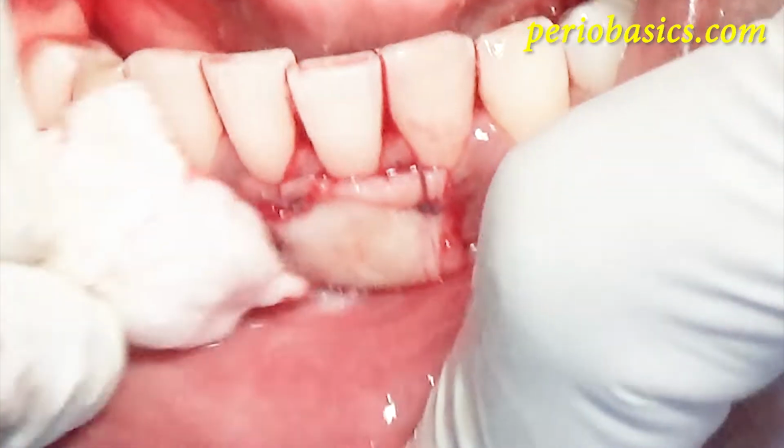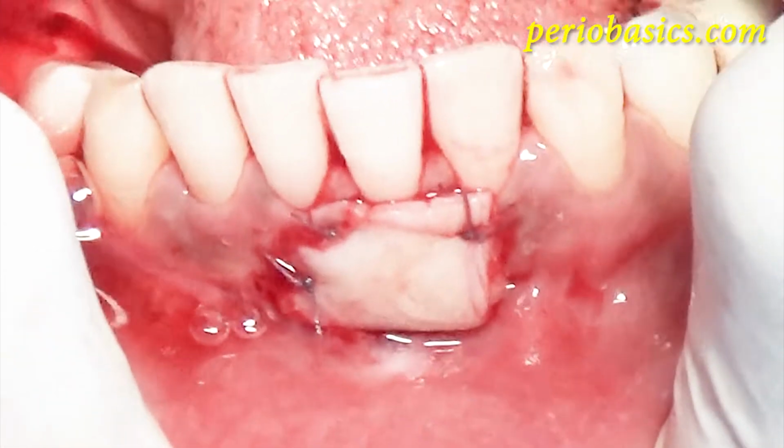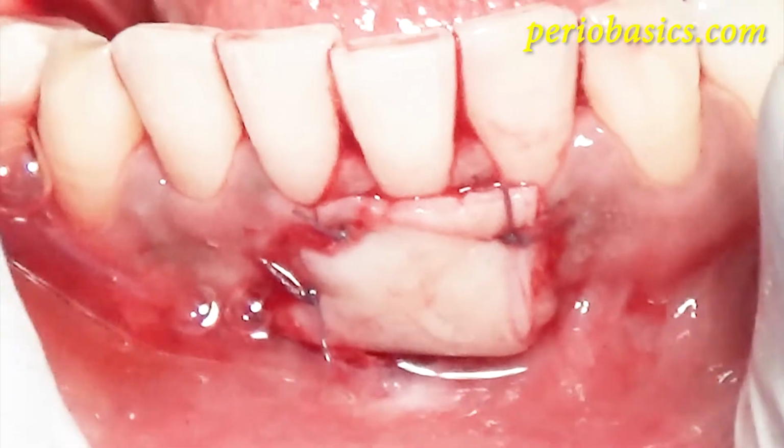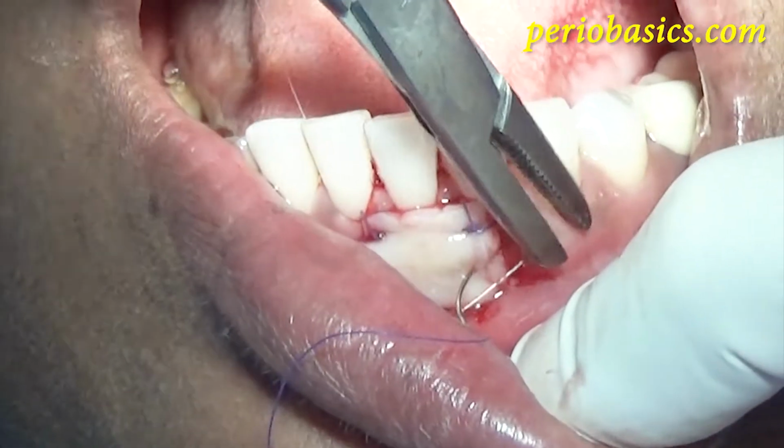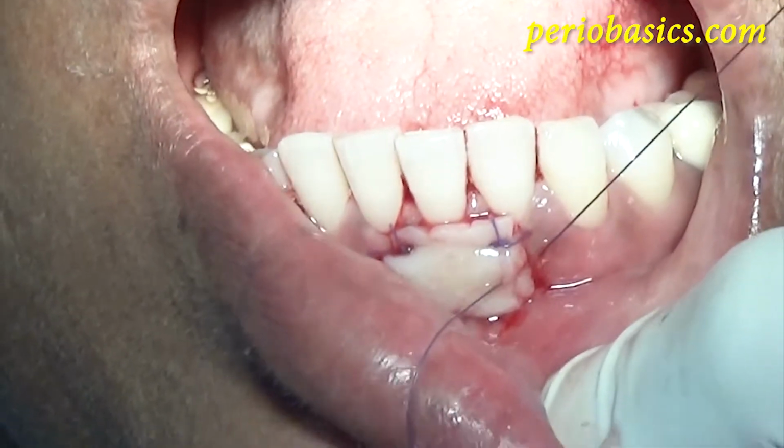Here you can see now the graft is almost immobile, and now I'm going to place another suture on the apical aspect on the other side, and this is how I place it.